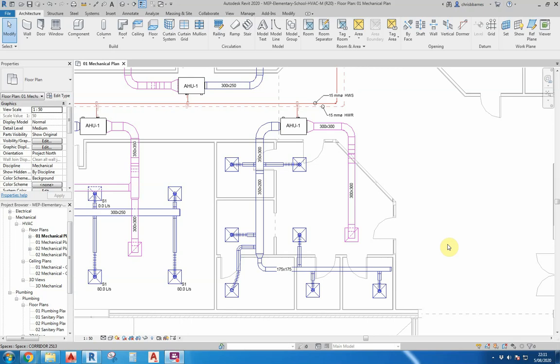In this next video I'm going to talk to you about testing connections. A quick way to test the continuity of connectors is to hover the cursor over a linear connection such as this one